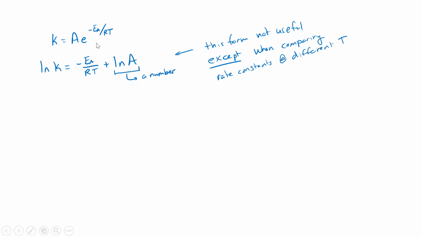We can calculate the activation barrier based on the temperature if we know the frequency factor and the rate constant. If you know your rate constant, and we know how to figure that out from experimental data because we did that with the rate laws, we can figure out the activation barrier. If instead we have multiple, well, so run